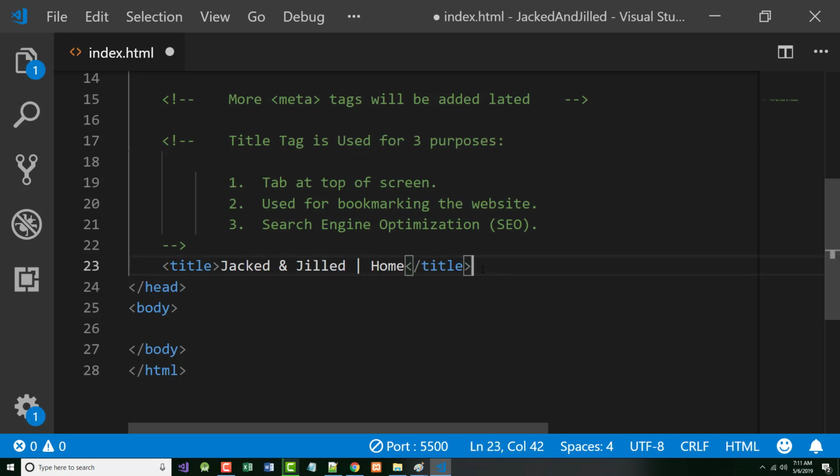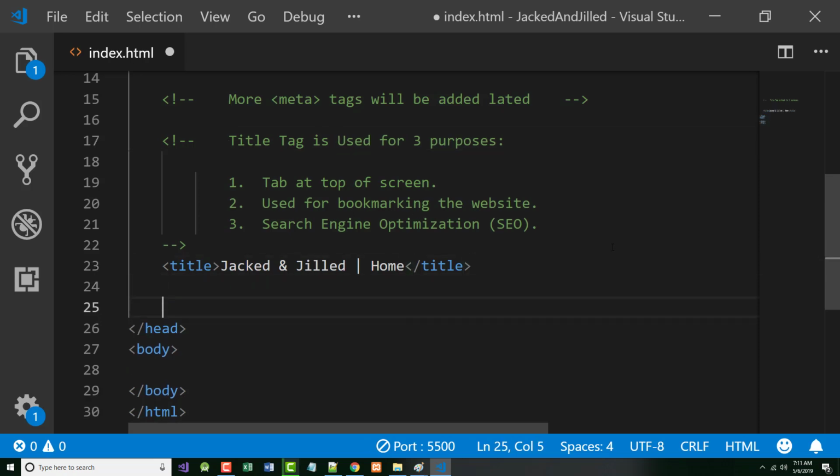There's a couple more things I want to put in here, so I am not yet out of the head section. There are two more things I want to do, the first thing I want to do is